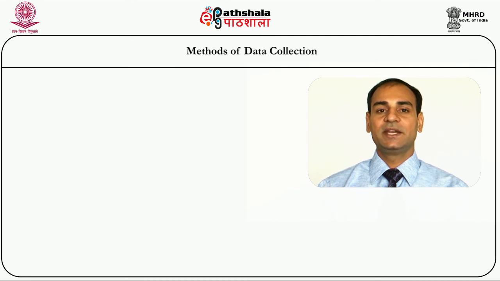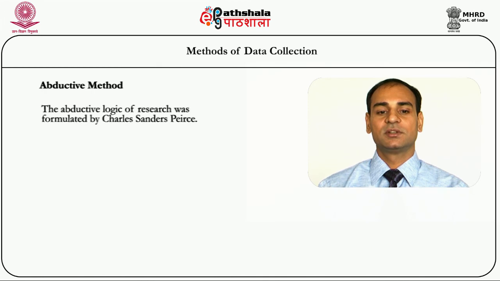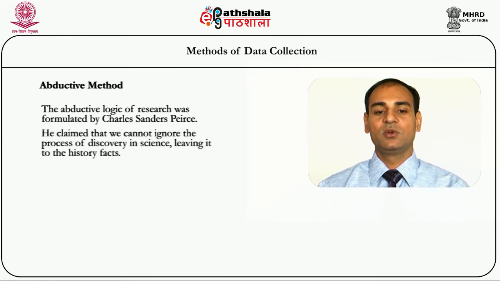After inductive and deductive reasoning, the third method was introduced by Charles Sanders Peirce. Peirce has introduced this theory, that is the abductive method. The abductive method is the mixed form of inductive and deductive method. The abductive logic of research was formulated with this assumption that no fact can be ignored in the process of discovery in science,